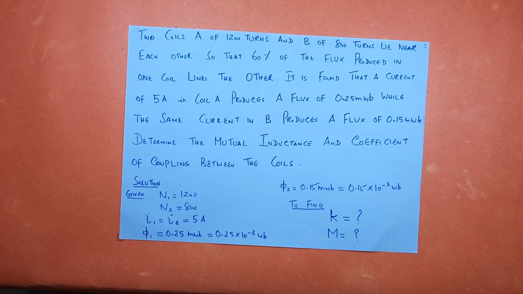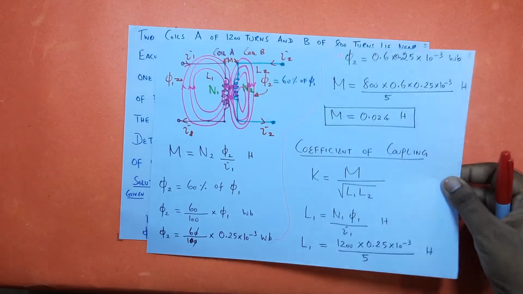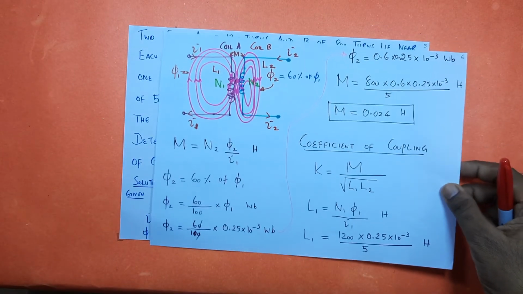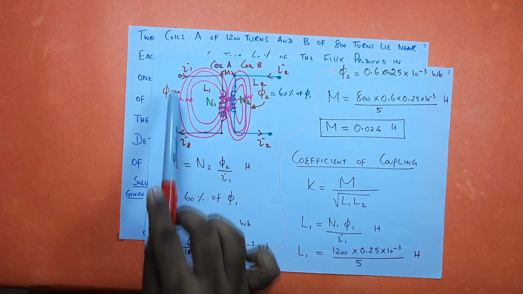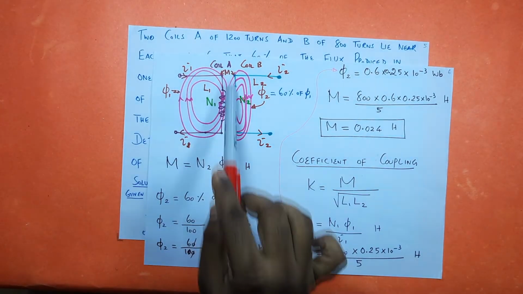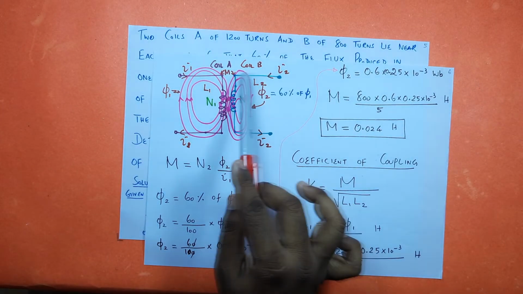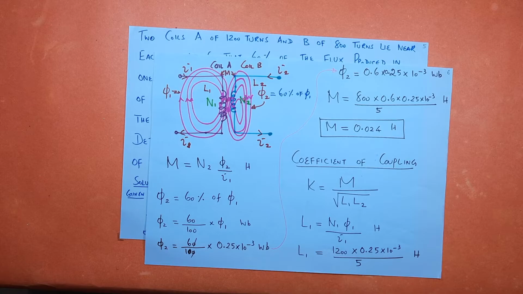So we shall go on to the solution. First we will list out what are all the things given. So we have two coils, A and B. I think I can show the diagram and then I will list out the things. So now itself I will show the diagram. I think it is visible. See this. So I have one coil A. This is coil A and this is coil B. They lie very close to each other. These two coils are very close to each other.